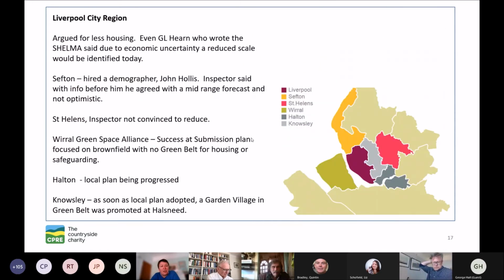Again, in the Liverpool City region, there is a Liverpool City region-wide strategic housing and employment land market assessment, which in all cases basically looks at an accelerated growth curve for the economy. As a consequence of that, the housing figures have been substantially hiked. It's very opaque because the modelling that has been done through Oxford Economics is almost like black box analysis. But all we can see is